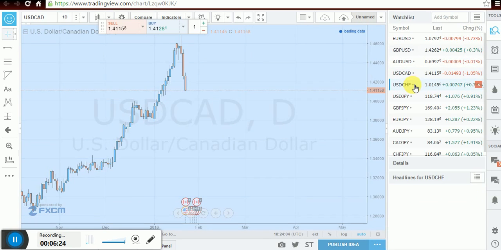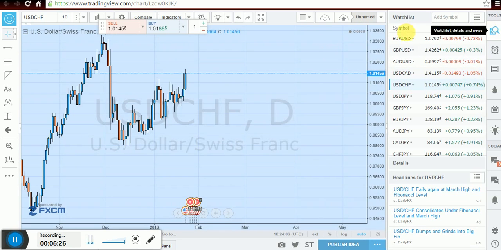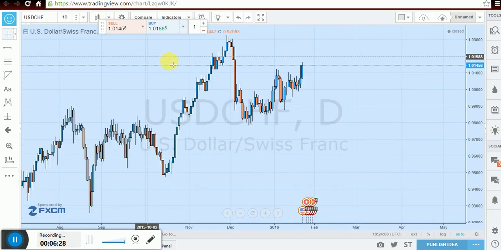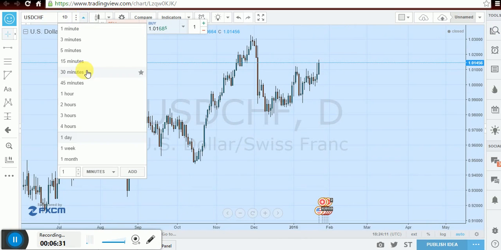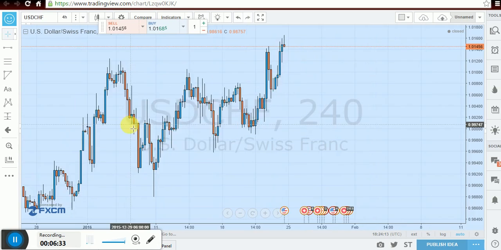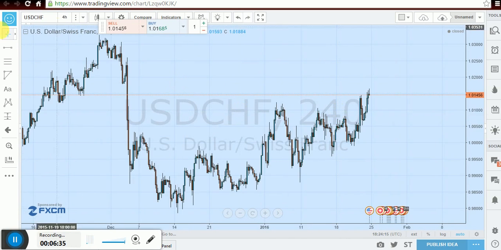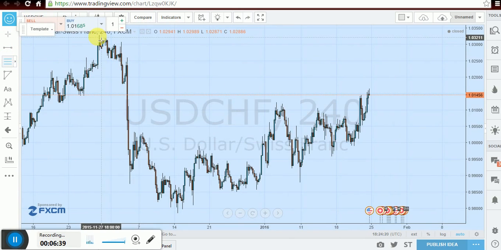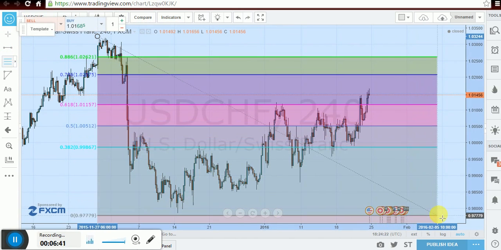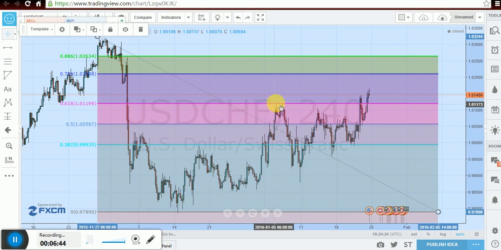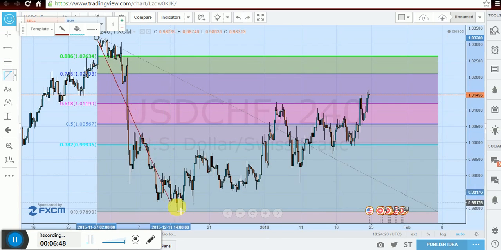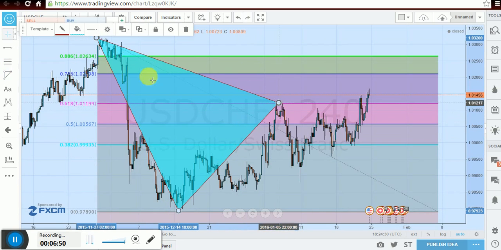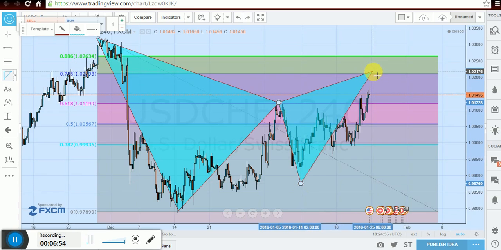Next one is the US dollar against the Swiss franc. I think we did have a bearish Gartley pattern setting up on the 4-hour chart. Again, this is out of my trading time frame, so I'm not going to be taking this trade, but I'm going to show you guys. We have a bearish Gartley pattern. You can see the 618 retracement. So let me bring in my triangle, X to A to B, B to C, and C to D. It's going to complete